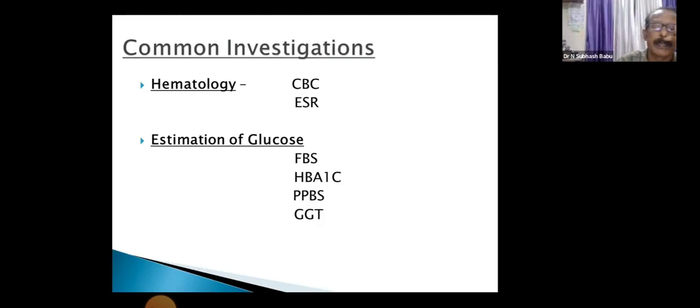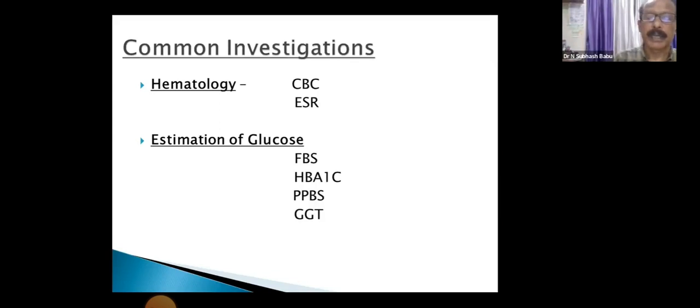below 110. And if it is between 110 and 120, then it will be IGT, and above, then it will be diabetes mellitus. And A1C should be below 6, and basically we can say that 5.6 is the absolute normal, and 5.6 to 6.5 is pre-diabetic or IGT, impaired glucose tolerance, and above 6.5 it is diabetes. And PPBS should be below 140,